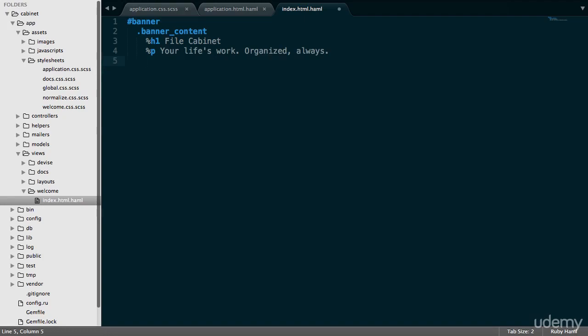Perfect. And we also want a button asking or inviting the person to enter or log in. So we're going to do button link to, and this is going to be enter, and new user. This is going to be sign up essentially for the first time. So new user registration path,